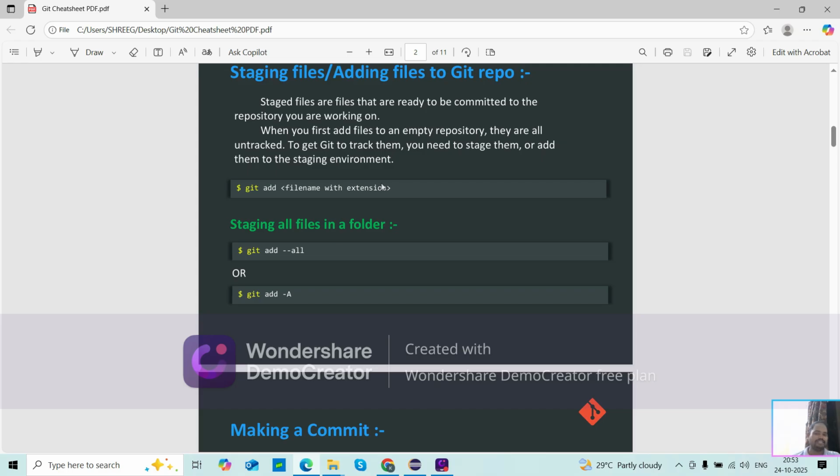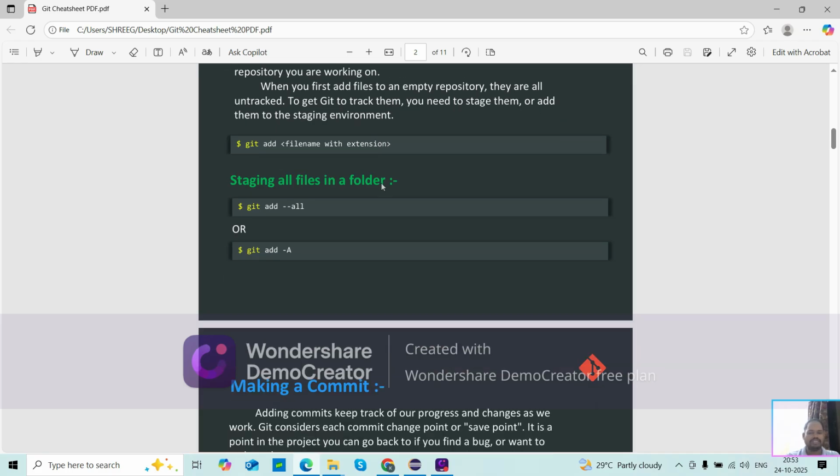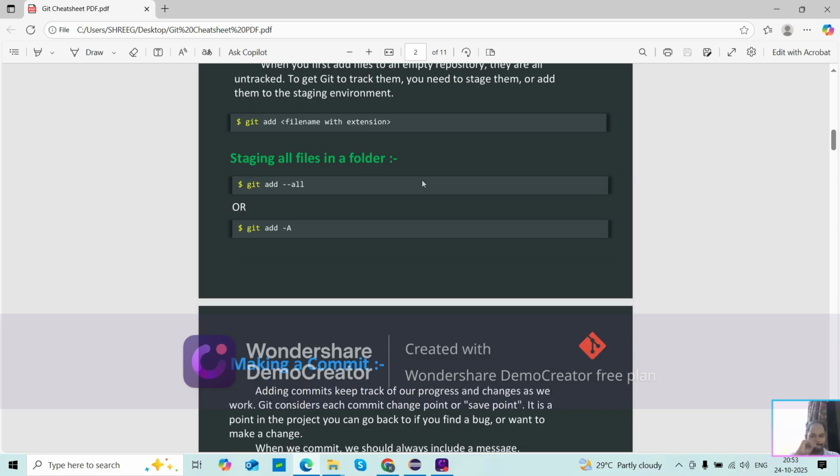To get Git to track them, you need to stage them or add them to the staging environment. For this you use git add file name with extension, and for staging all files in a folder you can use git add --all or git add -A.